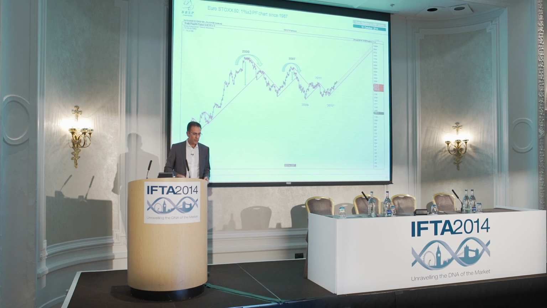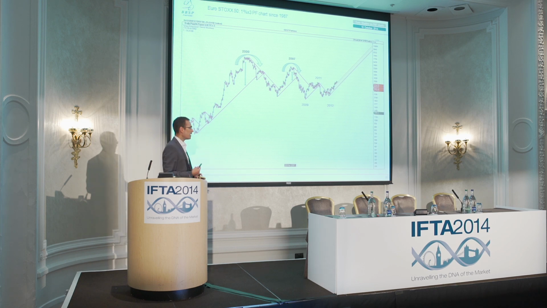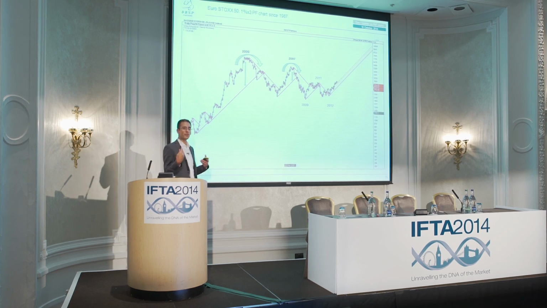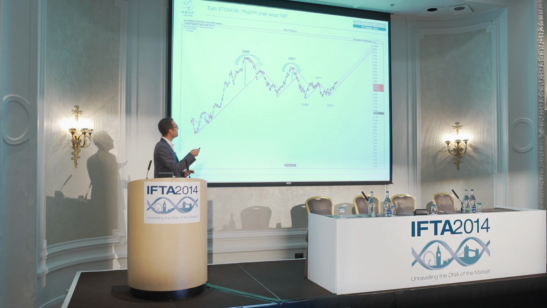So now I'm going to focus on the main problem I highlighted, which is at the start of a reversal, what can we do to reduce this drawdown? Because here, this is the chart of the Euro Stoxx 50 since 1987. So as you can see here, we were very high. This is the top of 2000. Here you have the top of 2007. We are very far from this 45-degree trend line. And you lose a lot of performance here before we have the sell signal, which is the break below the 45-degree line.